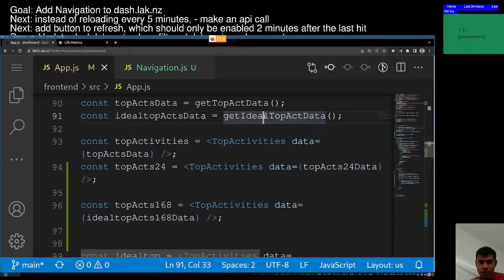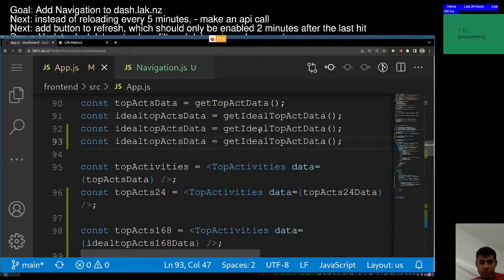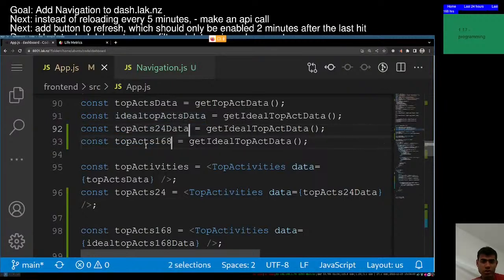And get ideal top data, right? So we'll just say copy these two, and then instead of this and this, I'm pressing Alt to do this. I'm gonna change this. Okay, so instead of ideal, and I'll just Control V again. So get top X 168. So we just need to define this in the data section, wherever this is coming from, and also